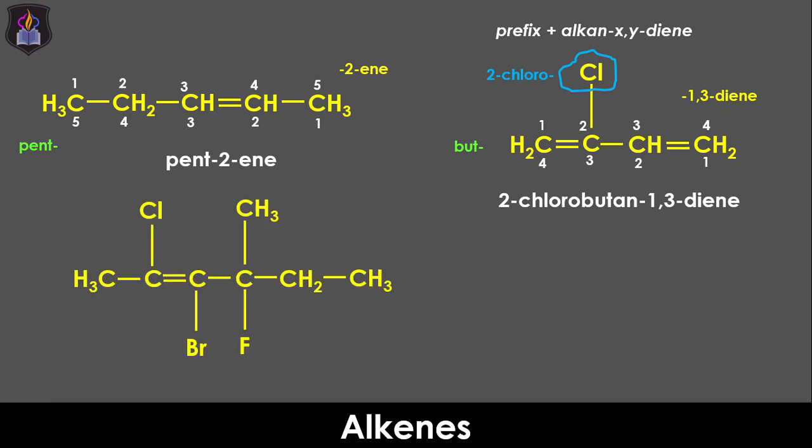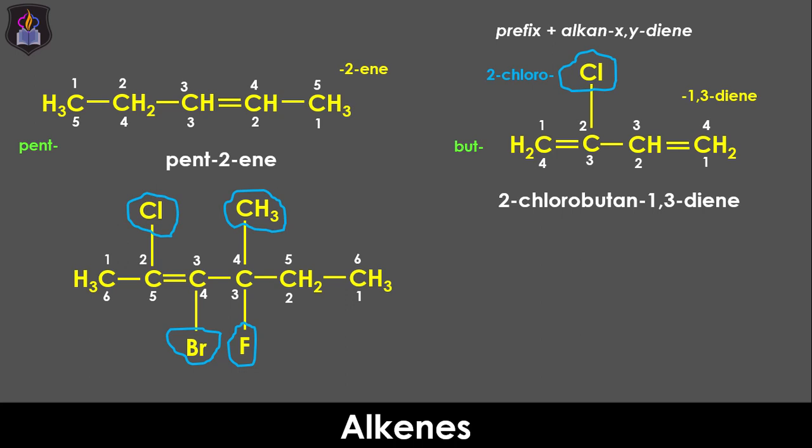2-chloro-butan-1,3-diene. The third compound contains 7 carbon atoms, out of which 6 form the parent chain and 1 is a methyl substituent. Other substituents in the compound are the bromine, chlorine, and fluorine atoms. So the chain will be numbered from left to right to assign the lower positional number to the functional group,